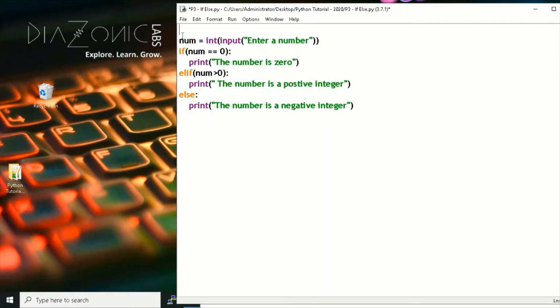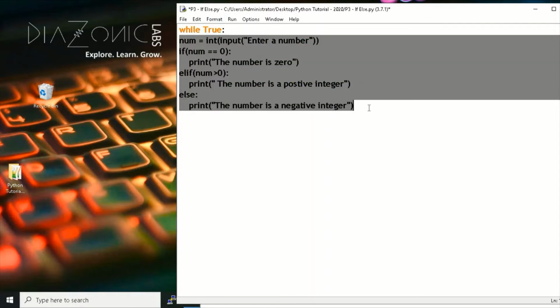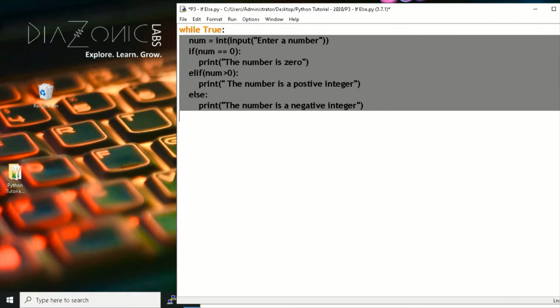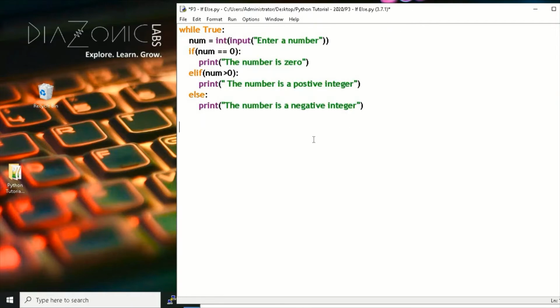Let's write the infinite loop here. We will be using a while loop, and the way we write an infinite loop is by writing while, then a space, and then True. Whenever you write True, the T should be a capital letter. True is a value which belongs to the Boolean data type. Let me give a colon, and I want all of this to be inside this block. I will select this set of code and press tab. When I press tab, everything is given one indentation, so now it is in my